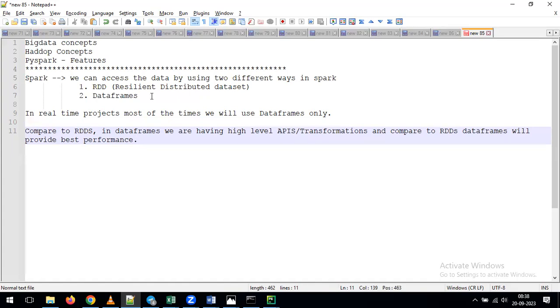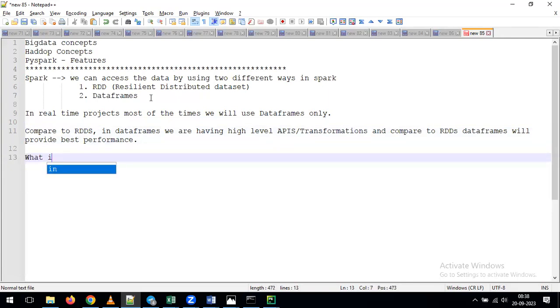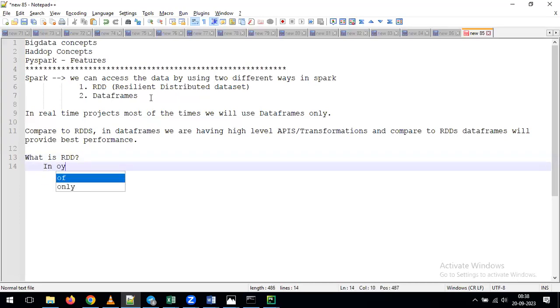But if you want to learn about Spark, we need to understand the RDD. Then only can we understand data frames. For that reason, first we'll try to understand what an RDD is here. You can say it like this. In PySpark,